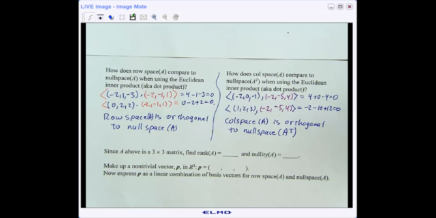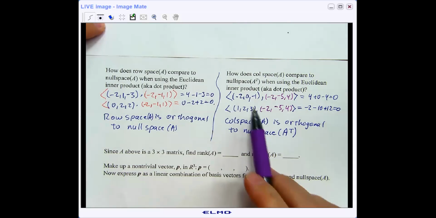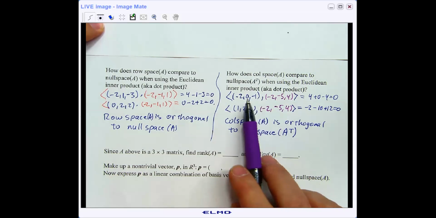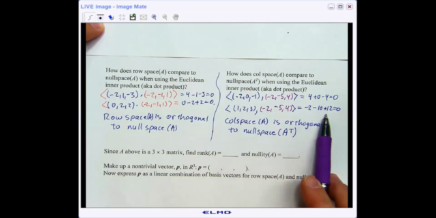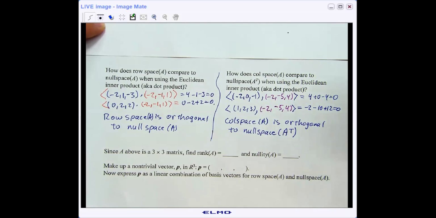All right, so we're back. And I inner producted the column space vectors with the null space vectors. And again, we see that we get 0. Showing again that the column space is orthogonal to the null space of the transpose of the matrix, which makes